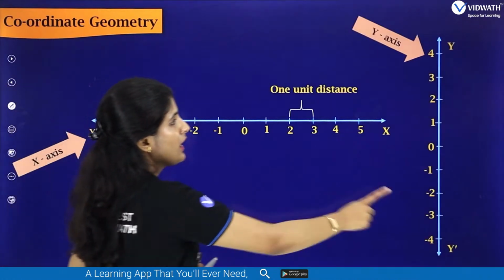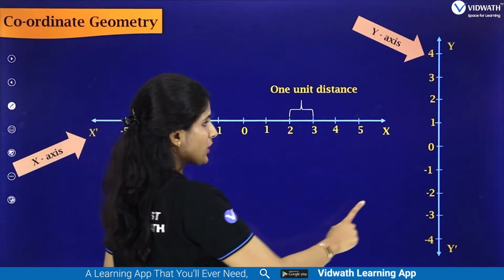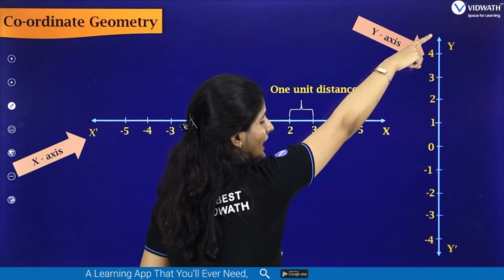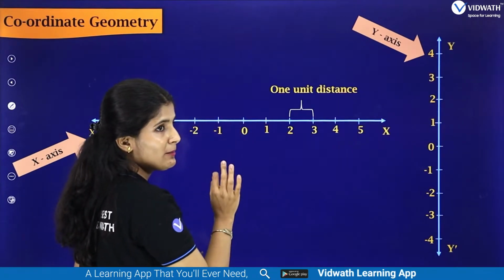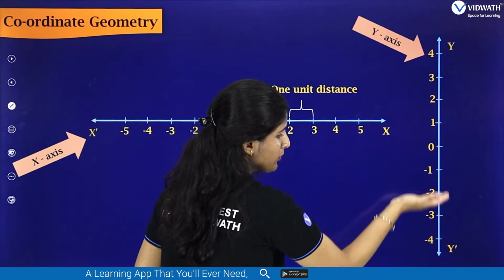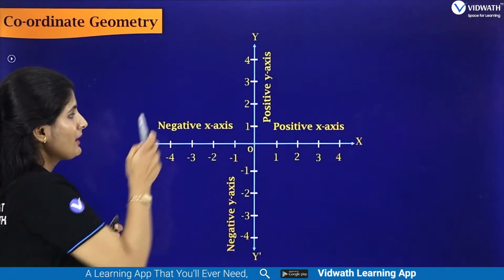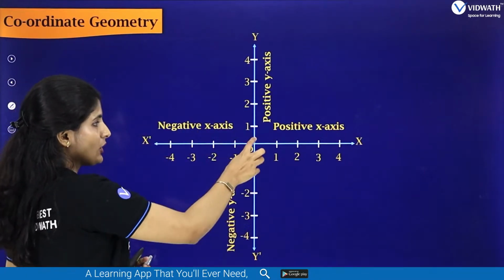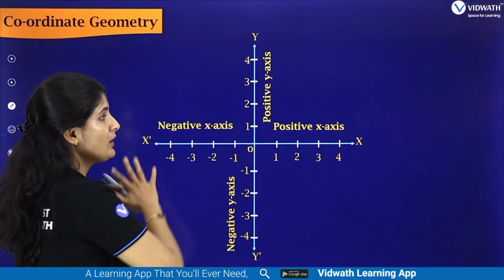Similarly, we consider a vertical number line called the y-axis, which also has the fixed point called the origin. Above the origin we have unit distances whose points are given by positive integers, and below the origin we have unit distances measured and these points are given by negative integers. Now, by intersecting the horizontal x-axis and the vertical y-axis at the origin, we get the Cartesian plane or the